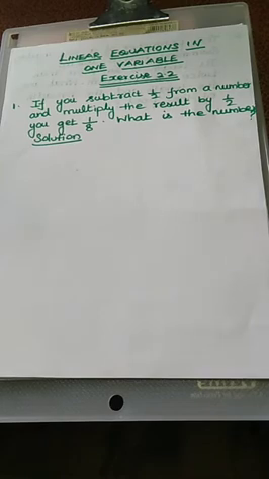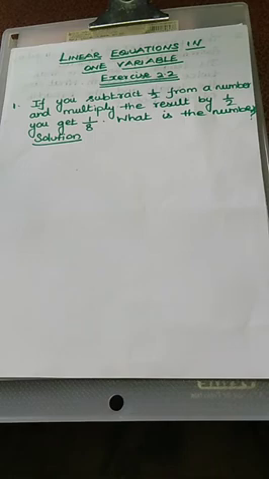First we have to revise what a linear equation is. Actually, a polynomial of degree 1 is called a linear equation. In this chapter we are going to discuss linear equations in one variable, that is, ax plus b is equal to 0. With numbers, it means 2x plus 5 is equal to 9, like that only. So here we are going to use linear equations in one variable only.